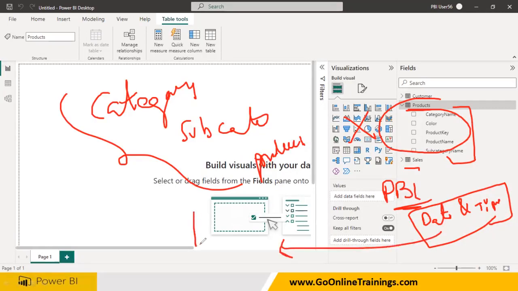Simply drag and drop this hierarchy within the visualization, and you will be able to see a beautiful report. Am I clear? So a drilling down report, meaning a hierarchy, is not compulsory, but I wanted to create